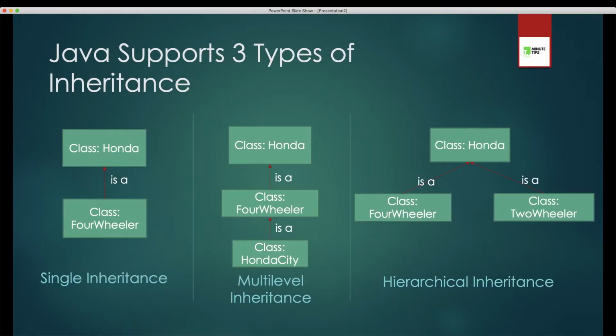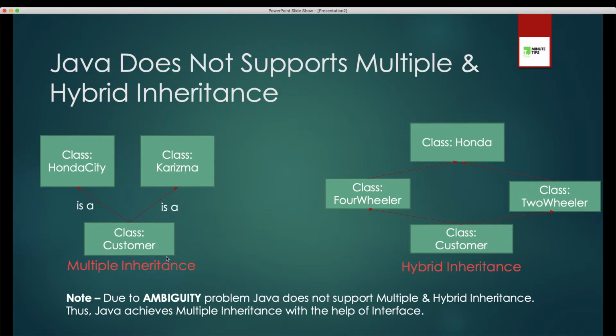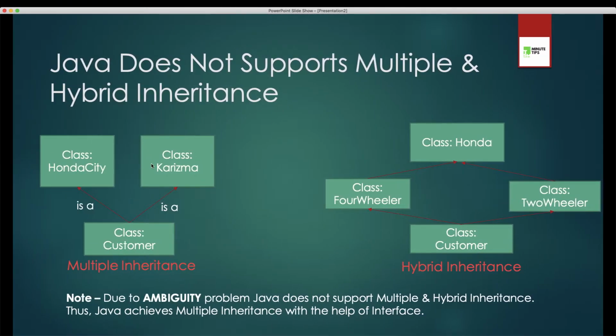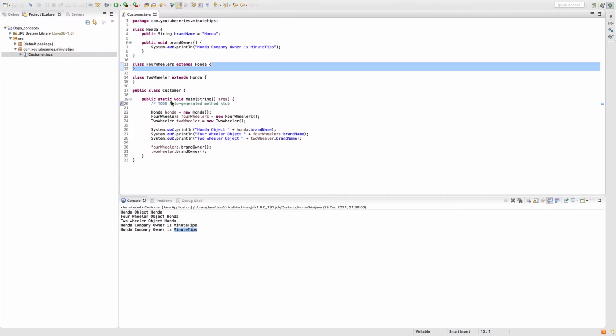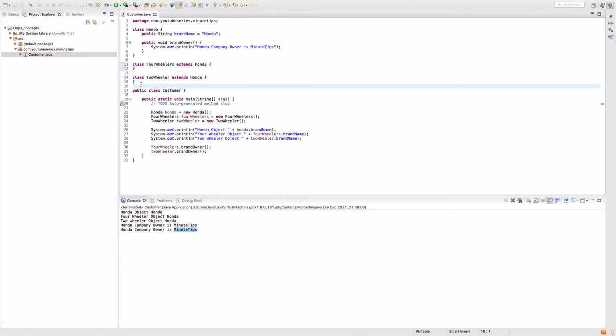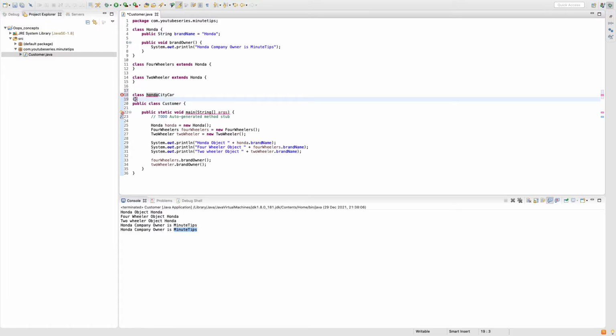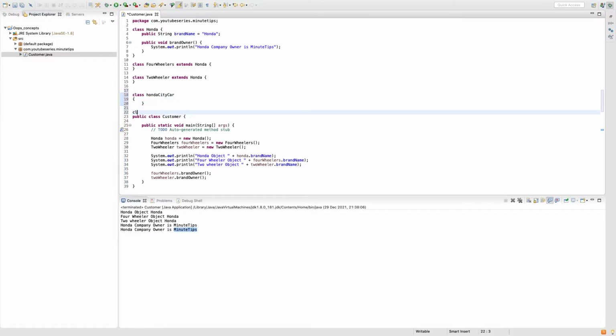Let's quickly take a look at why Java is not supporting multiple inheritance. Here, as you see, we have Honda City and Karizma as our classes. So I'll create two classes here: class HondaCity, let's say car, and class Karizma, bike.